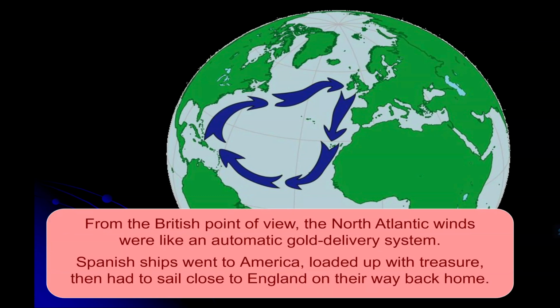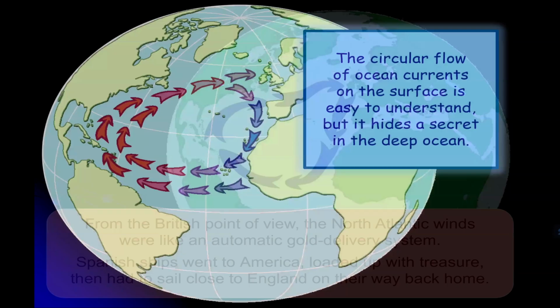The Spanish ships would go to America, load up with gold, and then when they were coming back, they would have to sail close to England, and England would just kind of zip out there real quick for a couple hundred miles and take the gold away. And it finally irritated the Spaniards so much that they sent the Armada north. Oh, well, that's a great big